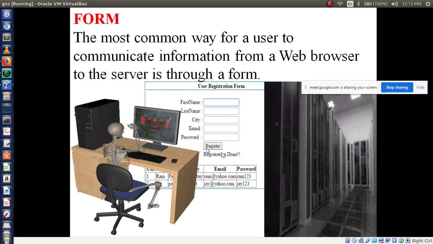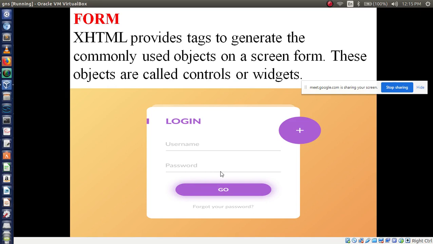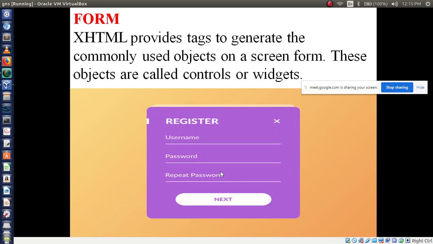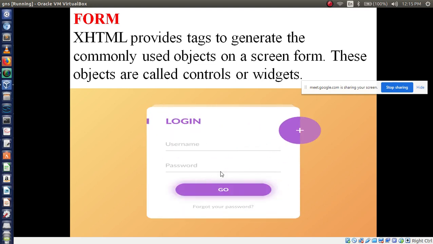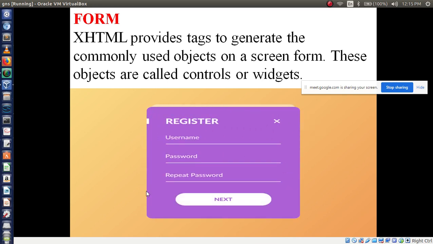Okay. Now, XHTML provides tags to generate the commonly used objects on the screen, such as a form. What we are seeing here, a small border line will appear in your browser if you use a form tag.